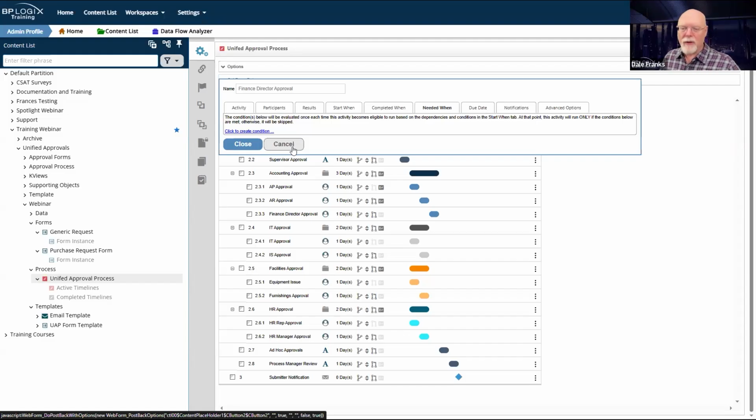So if it's more than $10,000, it's got to go to finance director approval. If it is an accounts payable activity. So if it's a PR or a PO, in other words, if I'm spending money, my finance director has to approve it if it's over $10,000.